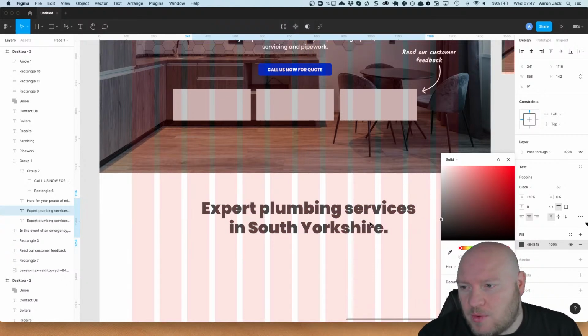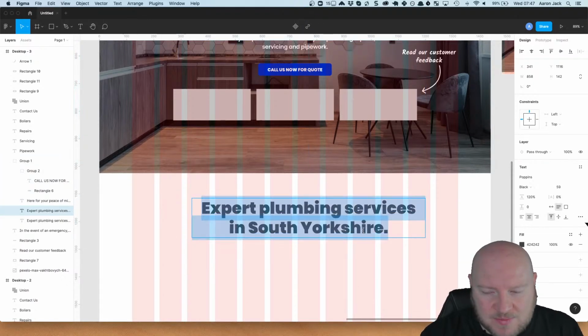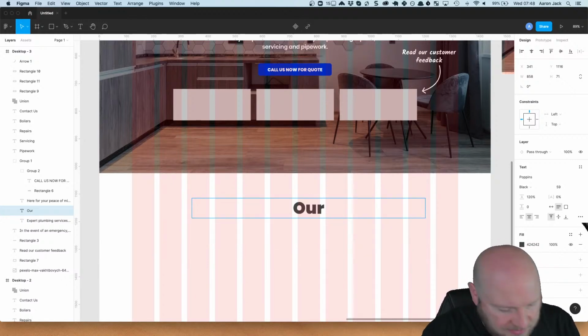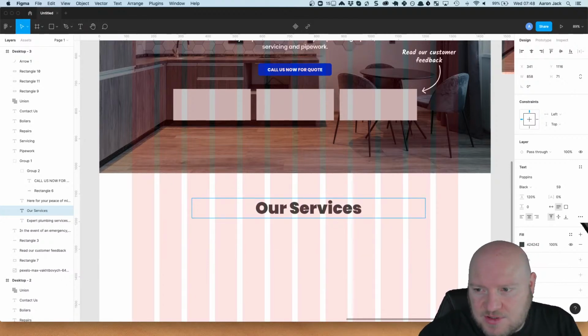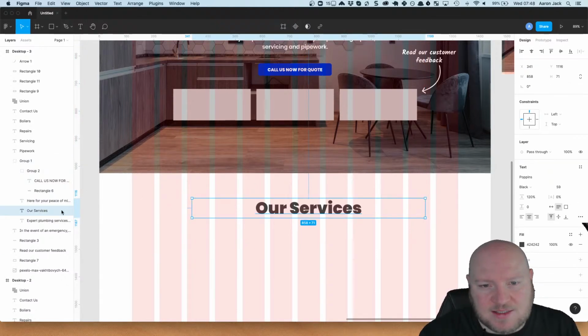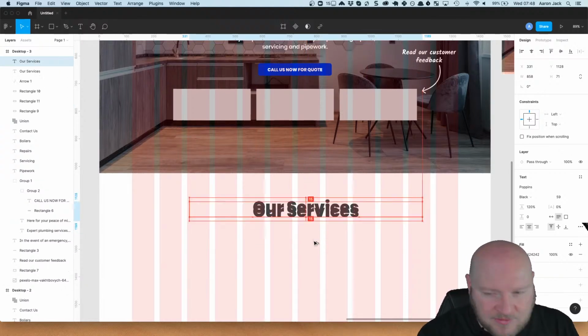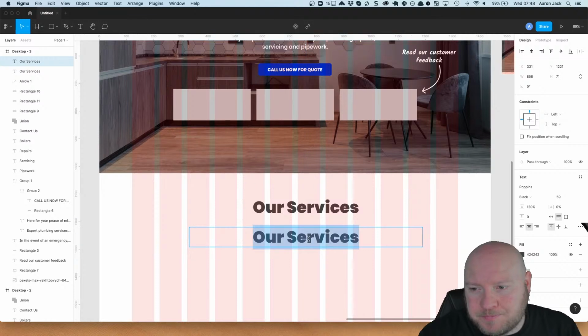So I know I want quite a dark font for this. So these might not necessarily be in order, and we'll move them around. So I know that I want to use a light background, so I'm going to just do something like our services. I'm going to take this text section here, just put it inside that group. I'm just going to move it up to the top. I'm going to have another one of these. I'm going to call it